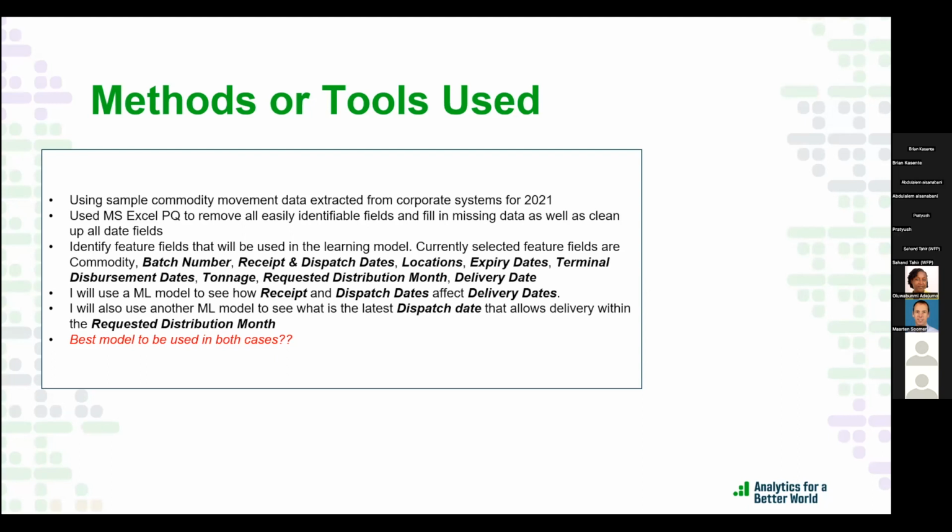So I included this as well because it's important, especially for the donors. Then the tonnages. Now, the requested distribution month, this is referring to the